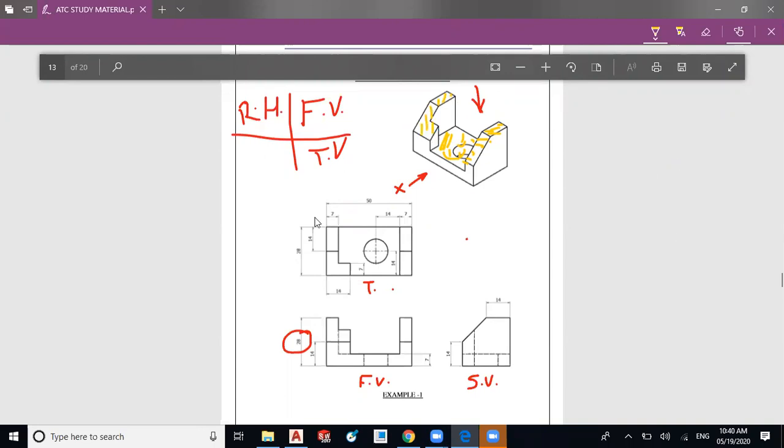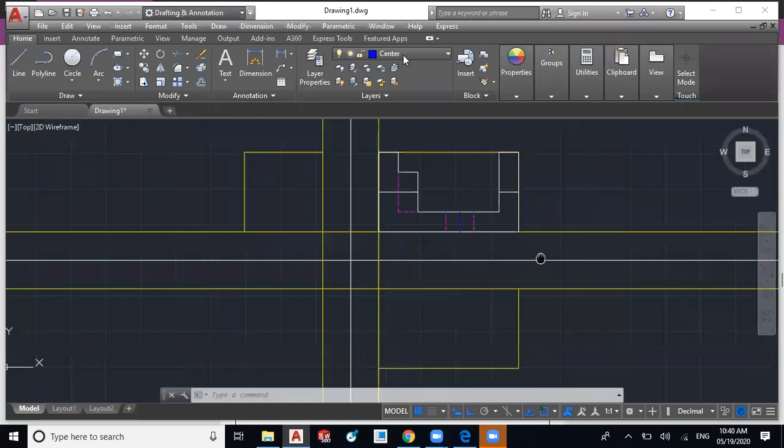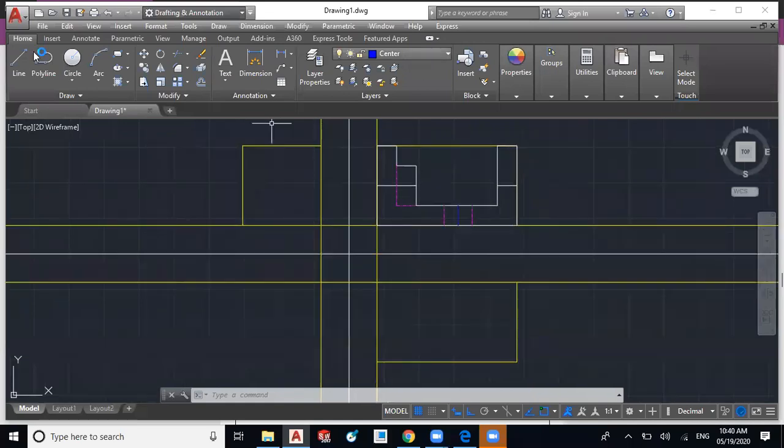So we have to create this view. We'll try to draw from this corner, the back corner. We know this width is 7. So we'll track it from the front view. I will use the 0 layer to draw it. Select 0 and draw this side edge.